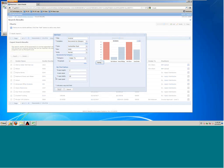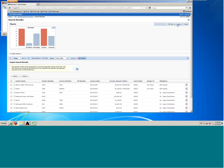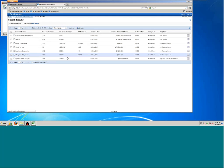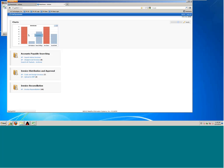So I would save that. Go ahead and modify that real quick, and I'm going to include that on my home page and share it with other people. Now if I go back to the home page here real quick, you can see that I actually have that chart. I have the ability to drill down on that and make the appropriate decisions, change these things within the metaviewer environment. But also, if I log in as Scott here,